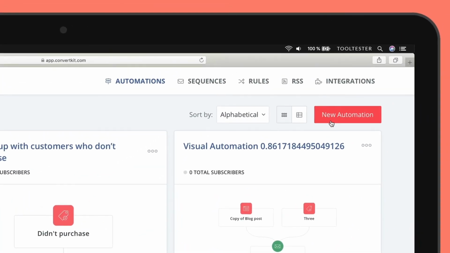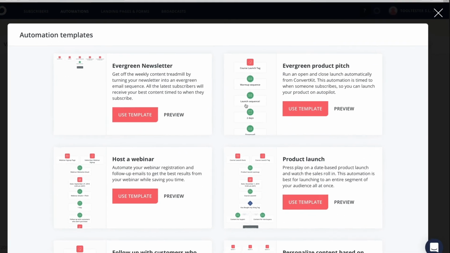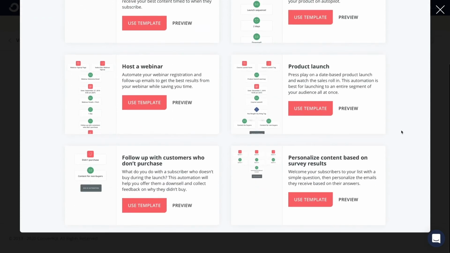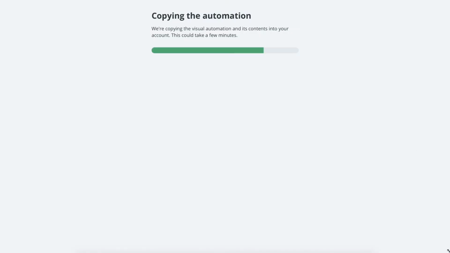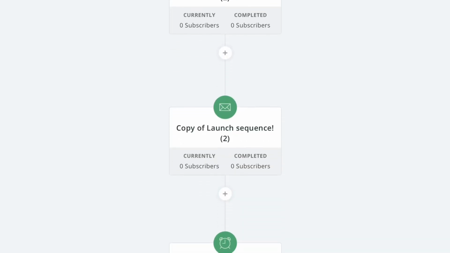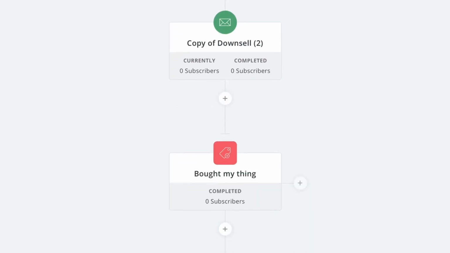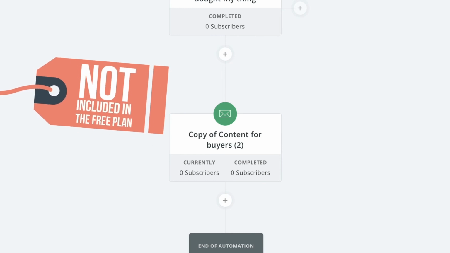The email automations let you add rules to trigger actions based on certain events. In plain English, you can change the email sequence depending on what the user does. ConvertKit gives you a handful of templates to choose from, though there could definitely be more. You can send users with a particular tag a series of emails in order to get them to buy the product. The content you then send these users will be dependent on whether they end up buying the product or not. Bear in mind that automations are not included in the free plan.